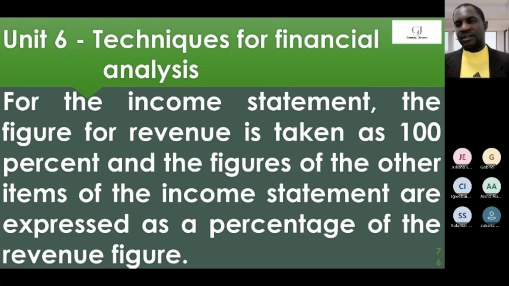Then gross profit, I've explained that a bit. Gross profit will be a percentage: what's the gross profit of the revenue? So where you have cost of sales at 30% of revenue, the cost of sales means the direct cost of bringing the service to the consumer. And the gross profit is what you get as your proceeds. In a manufacturing account, that's direct cost. Then you have your gross profit, which is your